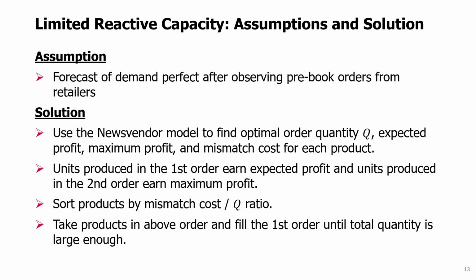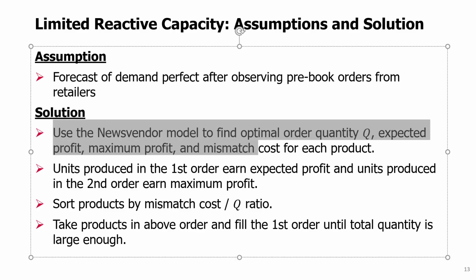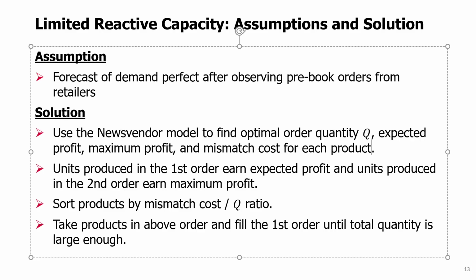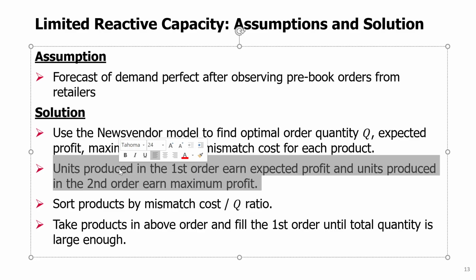So the way we'll solve this is we will use the newsvendor model to find the optimal order quantity, expected profit, maximum profit, and mismatch cost for each product separately. We have 10 products. We will basically solve the newsvendor model 10 times. Now, we will say that if you decide to order units, maybe this should be called ordered,